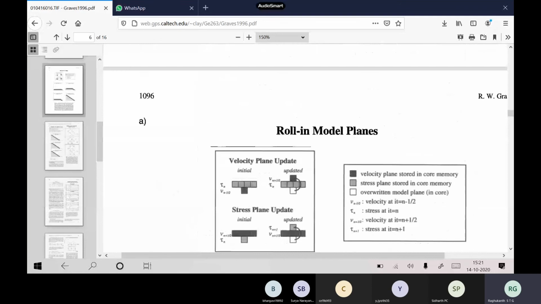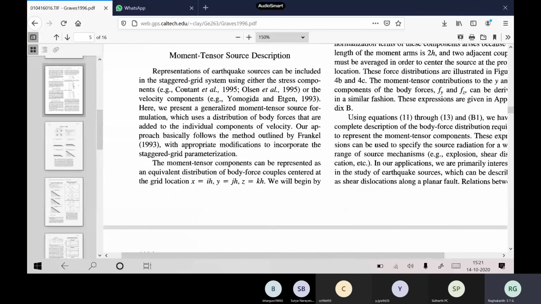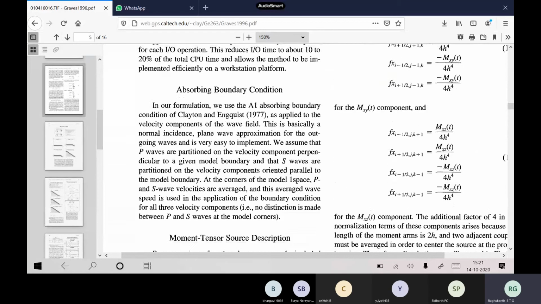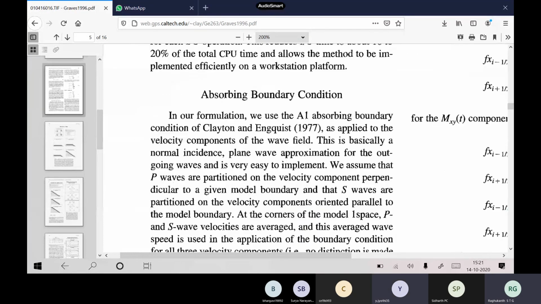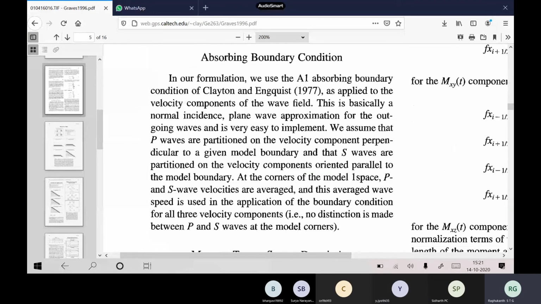Okay, so I am searching where he has written. This is for the moment tensor. See here, you are seeing here the absorbing boundary condition. You are able to see the absorbing boundary section he has written. Visible? Yes, sir. What type of boundary condition has he used? Horrible fellow. So what is it that he has used? Absorbing paraxial, we had three, no, absorbing paraxial.